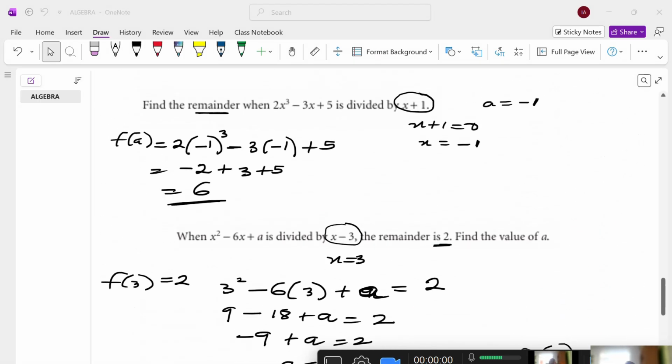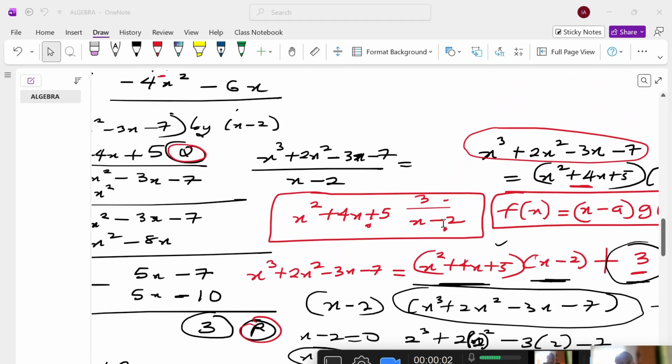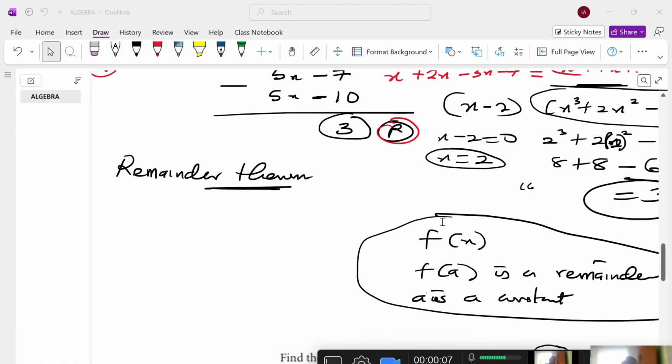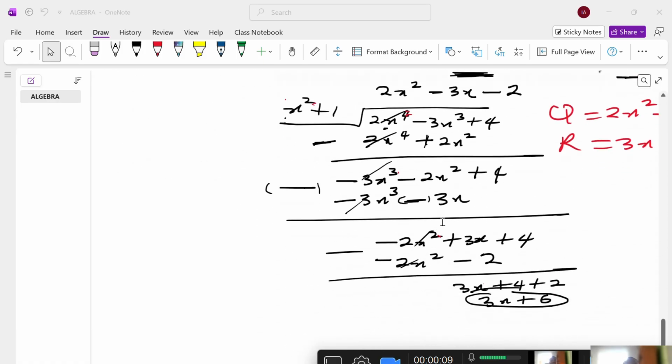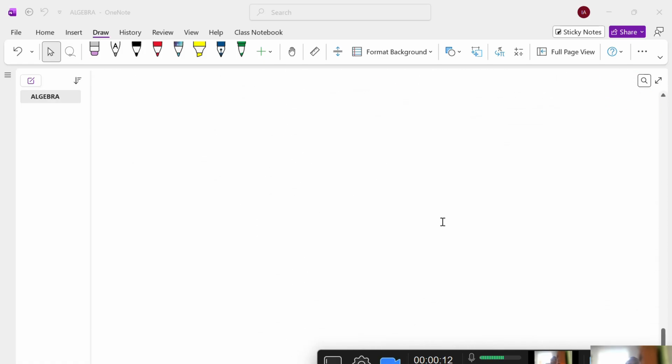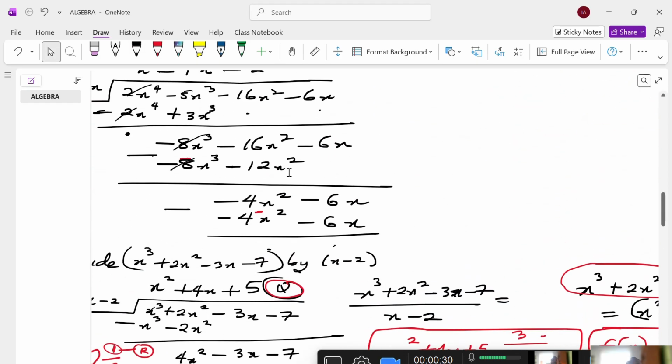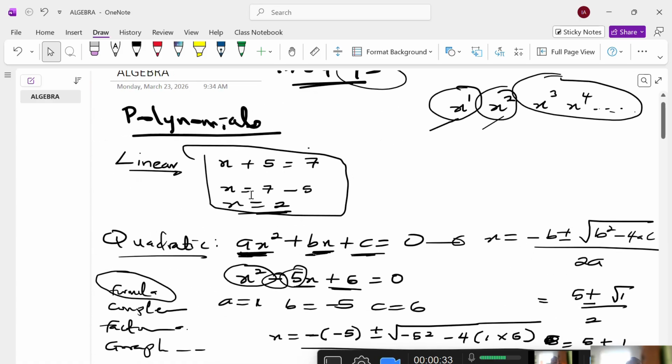So in the previous session, we treated the remainder theorem. Now in this session, our topic will be the solution to polynomial equation. Okay, so when I started in the first session, remember I mentioned the solution to quadratic